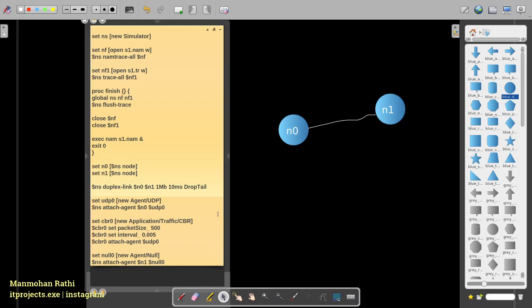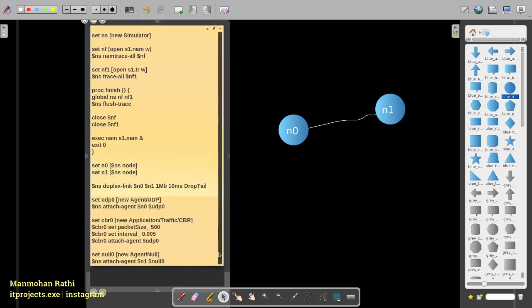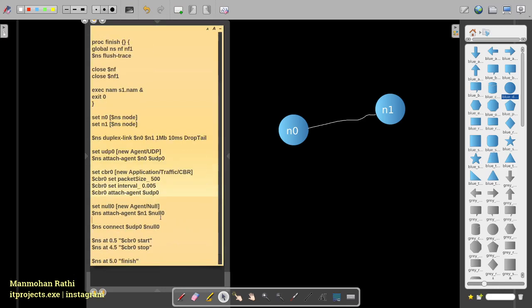Okay, now the next here is set null 0. So what does that mean again? As I said, in the UDP protocol we don't need to wait for acknowledgement, because it does not work that way. As we will be sending packets from N0 to N1, we need to make sure that N1, after receiving the packets, sets the packet free, because this is a simulation and we don't need data bundled up at the other end.